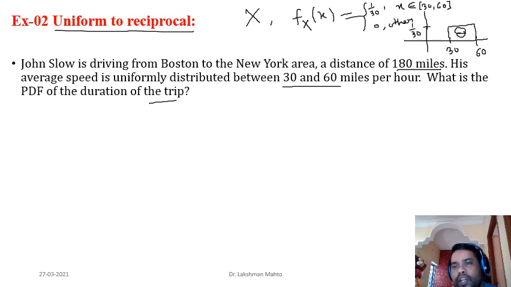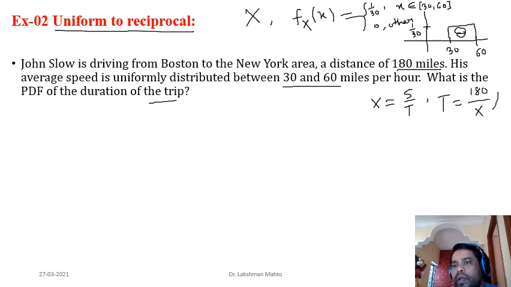So we know that a speed, that means x, is defined as total distance divided by total time covered. So you can write everything in capital, because all these represent random variables. So we have to find the distribution of T. Distribution of T would be equal to s by x. S is what? It covers 180 miles. That is the distance. So 180 by x. X is the speed.